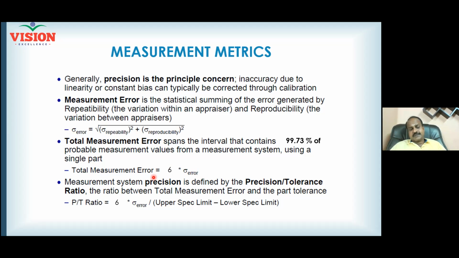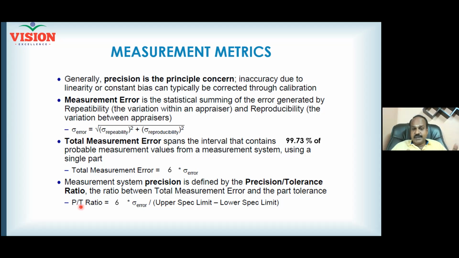When I say error is this much, I need to know the denominator. Suppose when I conduct an exam and you say, sir, I got 80 marks, I am really interested in knowing the denominator. Have you got 80 out of 100 or 80 out of 200? Without the denominator, knowing the number is helpless, right? So always you need to compare the precision error with your tolerance.